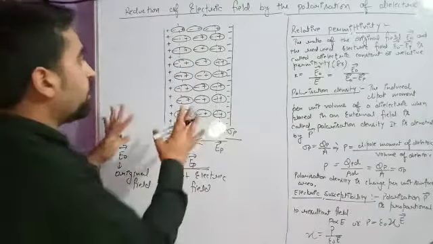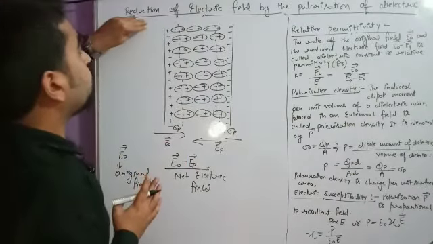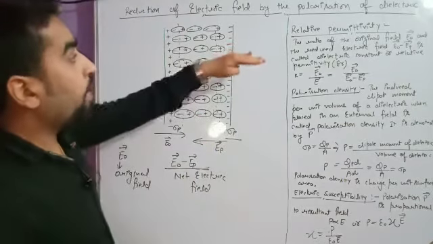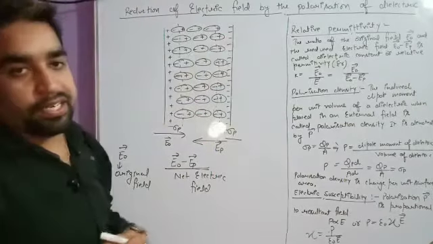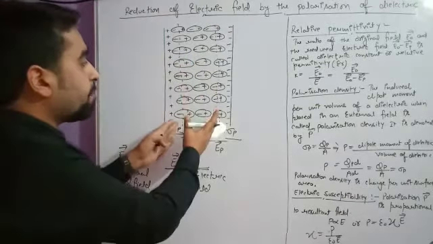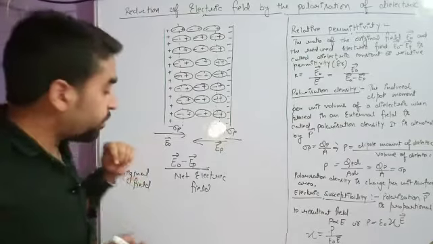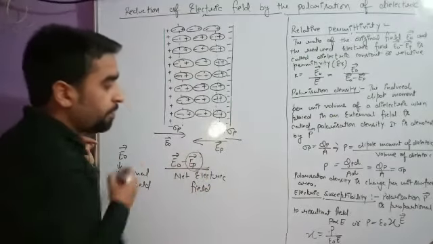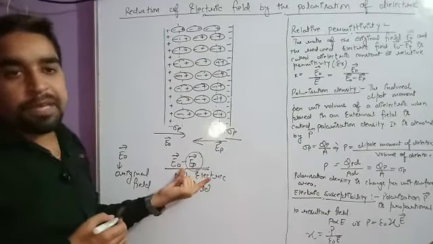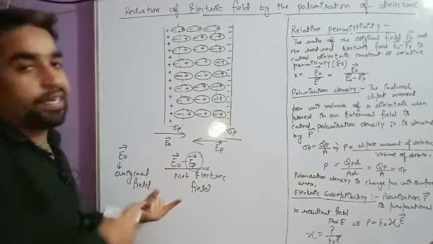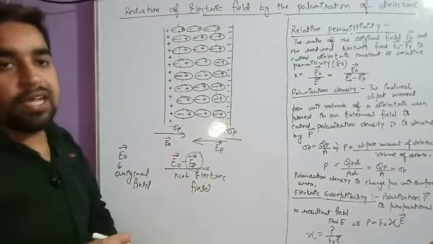So students, I hope you understood this. We can see clearly that there is a reduction in the electric field when polarization of the dielectric happens. So when we polarize a dielectric material, the net electric field will be reduced. How much will it be reduced? This depends on EP. The greater the value of EP, the more will be the difference in the value of the electric field, or the reduction in the electric field.